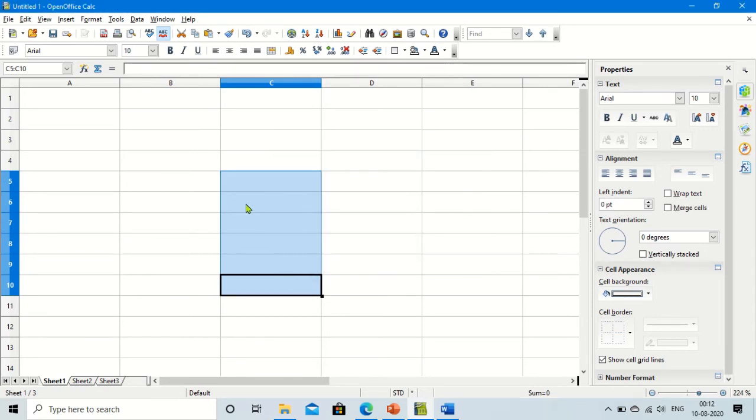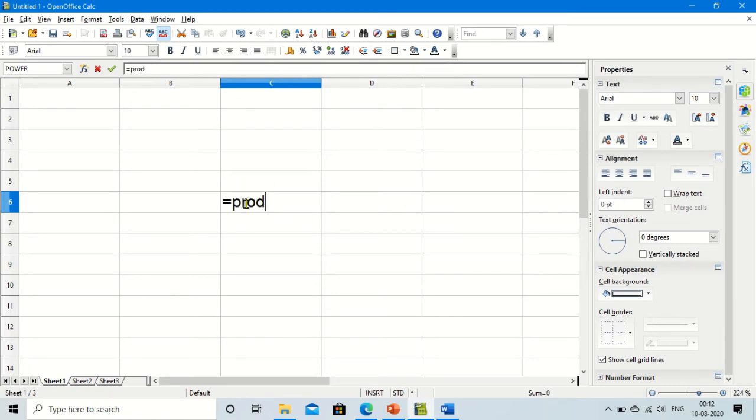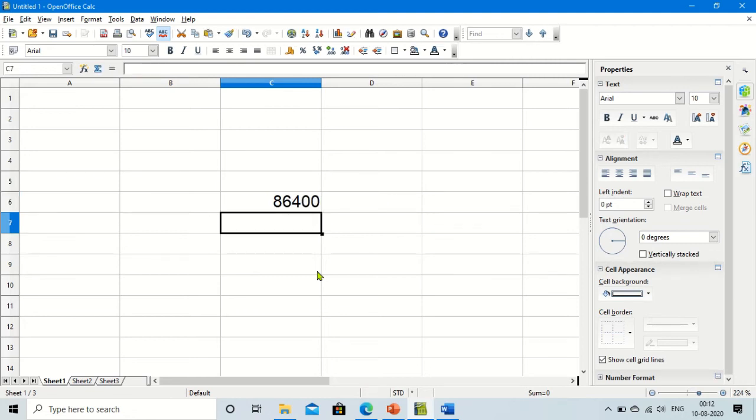Here you give product and then the numbers which you want to multiply. Suppose I want to multiply 4, then semicolon 5, then semicolon 6, then semicolon 8, semicolon 9, and semicolon 10. If you want to multiply these numbers, close this and press enter. All will be multiplied, right?